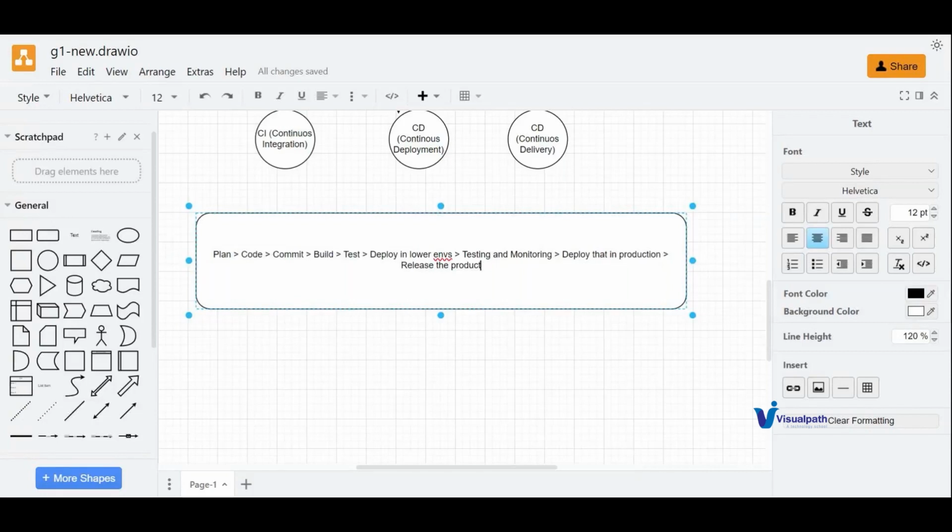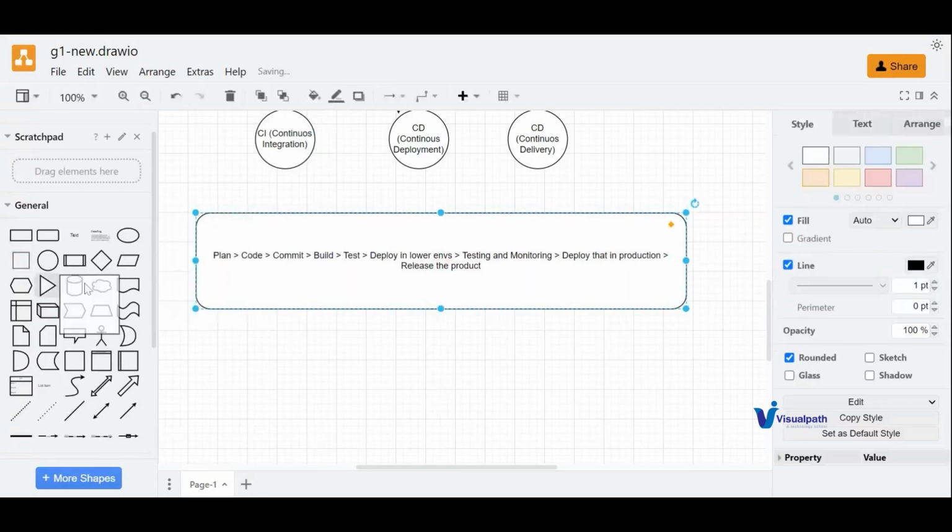Along with DevOps, now we have another very most used service that has come hand in hand with DevOps, known as cloud,